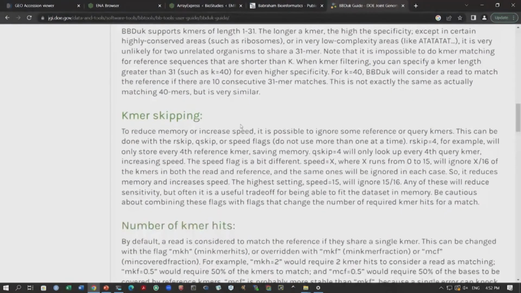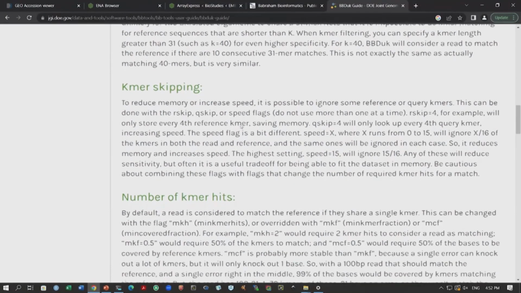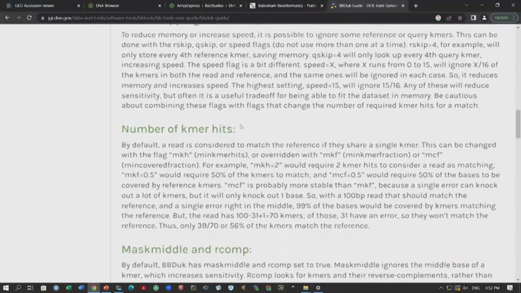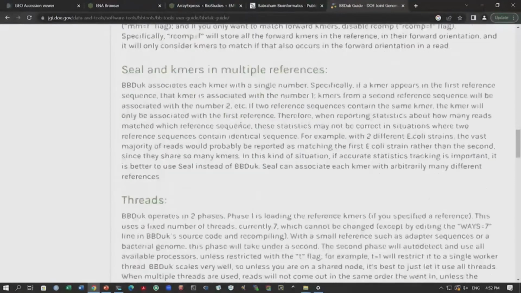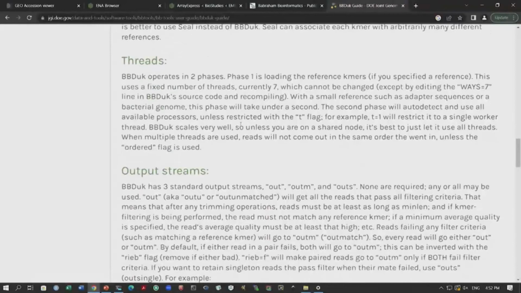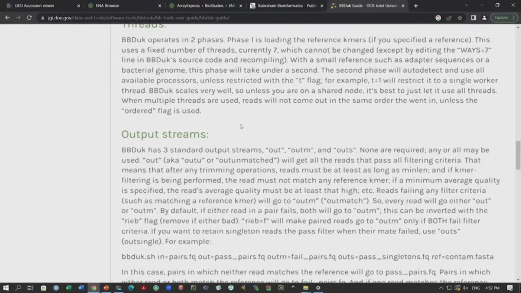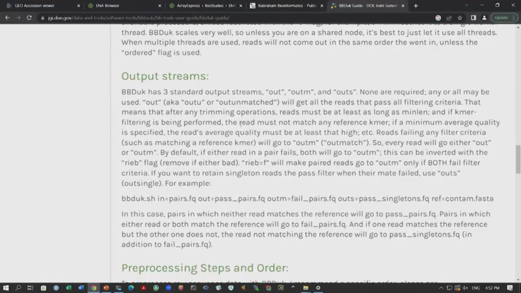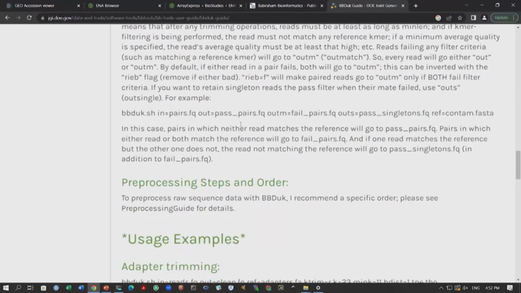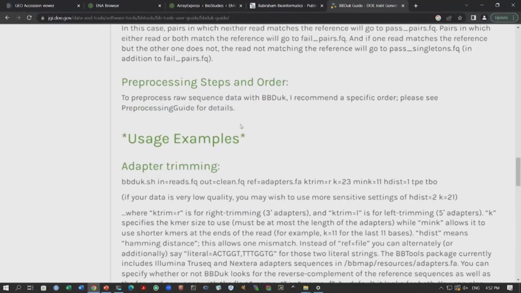If it has not happened, you go back, modify the parameters and try again. There are some parameters that work pretty well, you can probably find out once you have tried this out. So, what we will do is we will actually run our data through BBDuk,